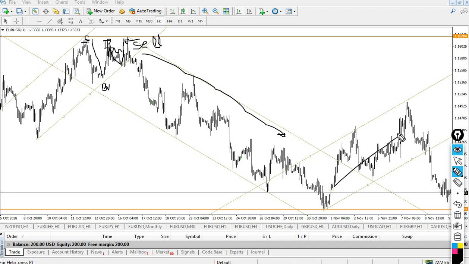When you see a bullish move, you are here, you take a sell here, and the market goes down. Now you don't know what is going to happen in the future, but you take a buy here, right? You take a buy here and the market goes literally up and then retraces back. What does that mean?